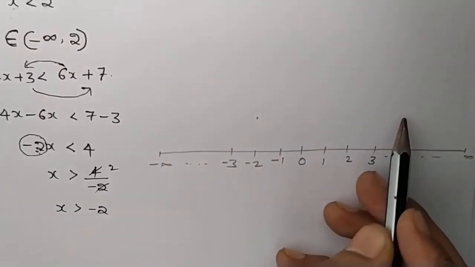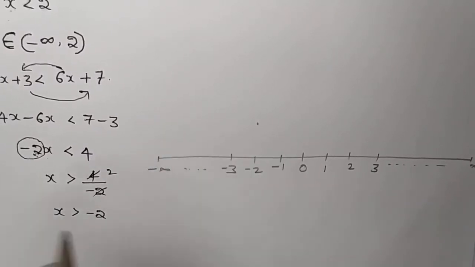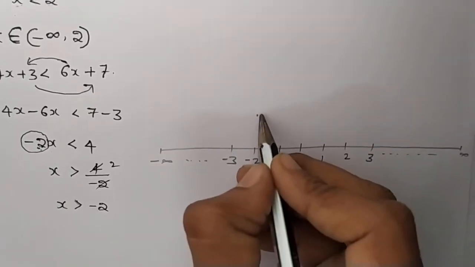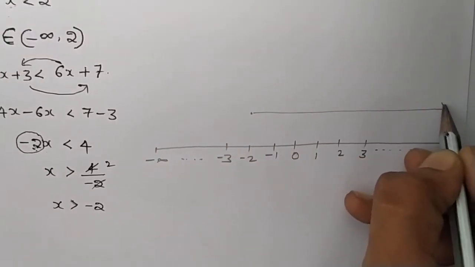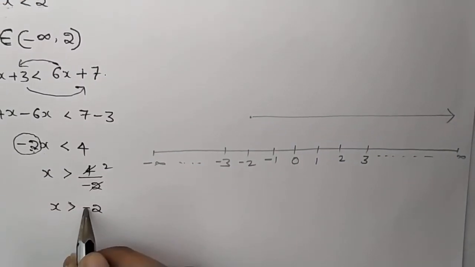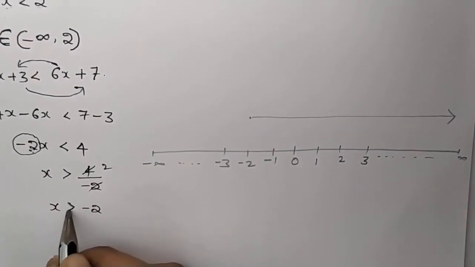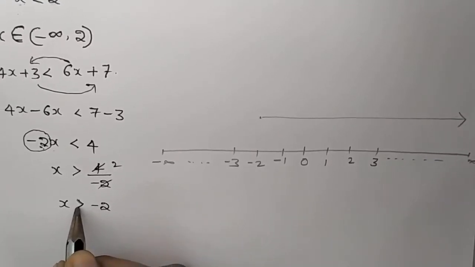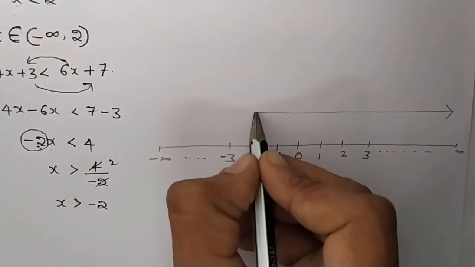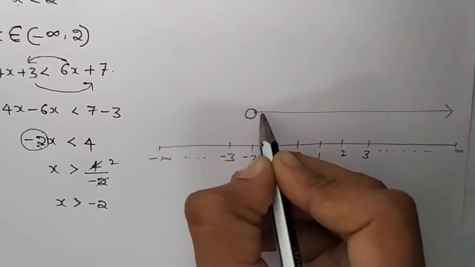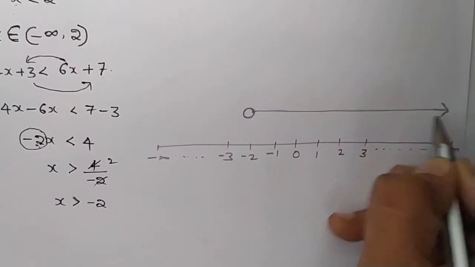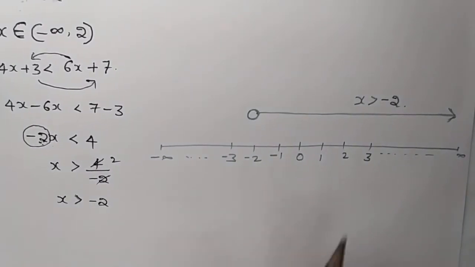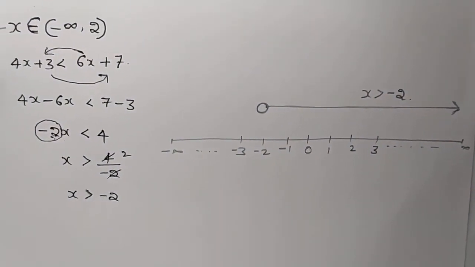It will be either the right side or the left side. Here we have the symbol greater than. It shows right. Blindly we can take it to the right up to plus infinity, right? Minus 2: greater than means included or excluded? Excluded. The excluded symbol is an open circle, right? It is the solution set for x greater than minus 2. It is the representation of the solution set on a real line.